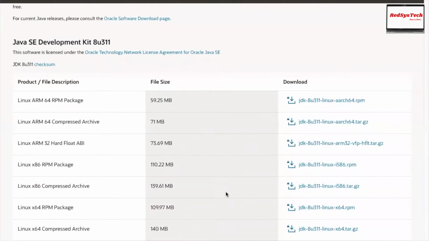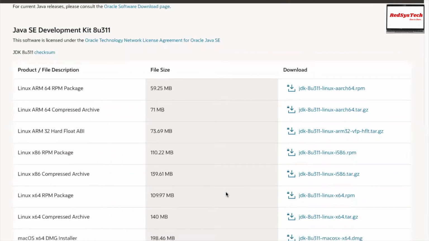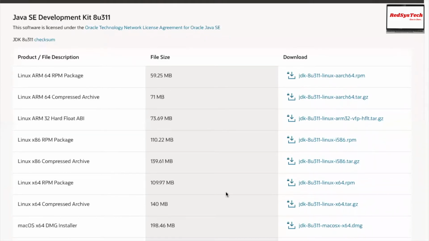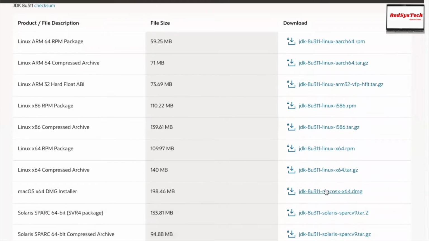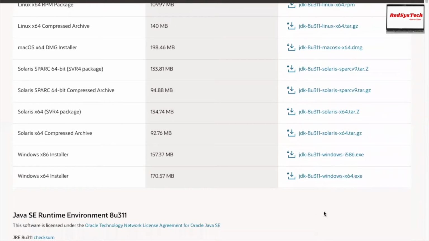This is telling the developers that Java is platform independent, but JDK is platform dependent. The reason is that if JVM were platform independent, they wouldn't need to create a JDK for each platform. You see here, JDK for Linux, JDK for Mac, JDK for Solaris, JDK for Windows, right?